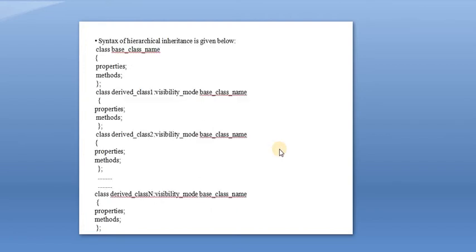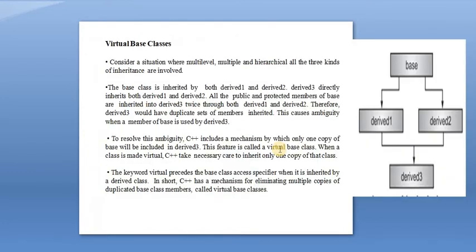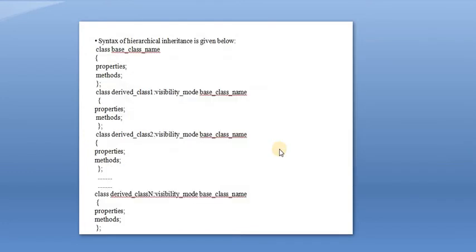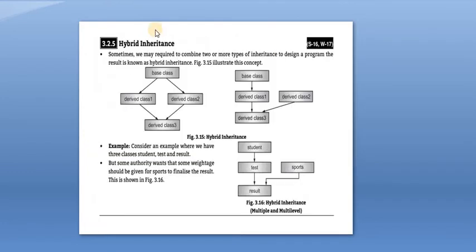Now see, the syntax of hierarchical inheritance is given below. Suppose you want to write the syntax for a hybrid inheritance, each time it will be different. Why? Because hybrid inheritance may be a combination of multiple and multi-level inheritance, it may be a combination of multiple and hierarchical, it may be a combination of multi-level and hierarchical.